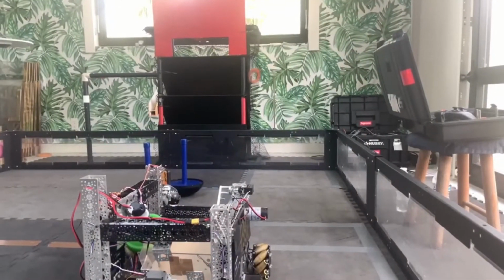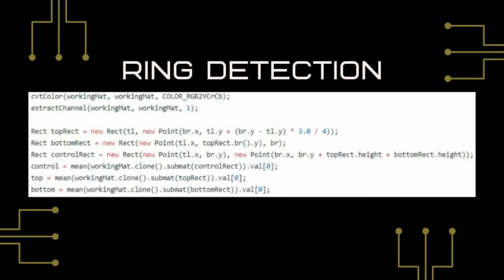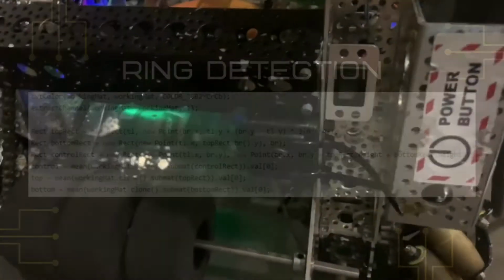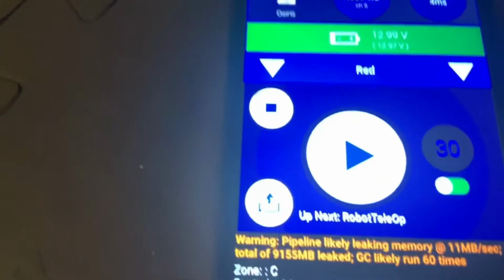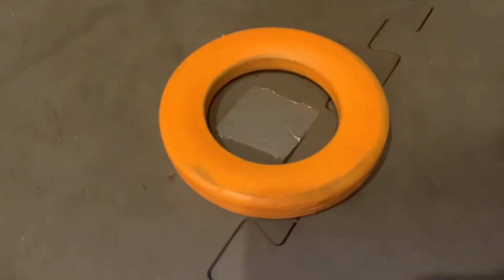We determine the height of the starting stack, and therefore where we need to put the wobble goals, using a webcam attached to the front of our robot. Using OpenCV, we calculate the average color of the space where a stack of 4 rings would be. We then compare this value to the color value of the floor, and the larger the difference between these two values, the more rings there are. These values, as well as the configuration of the stack, are frequently updated and easily visible from the driver station,